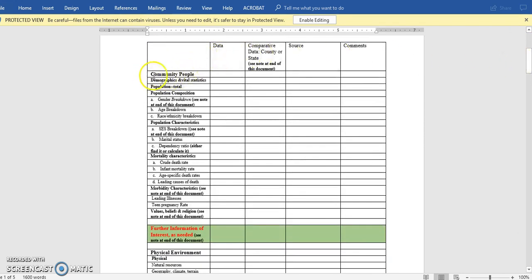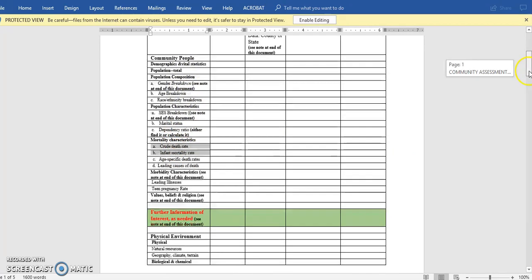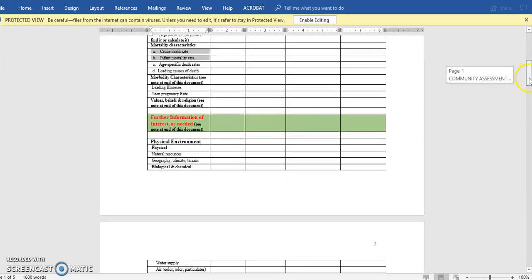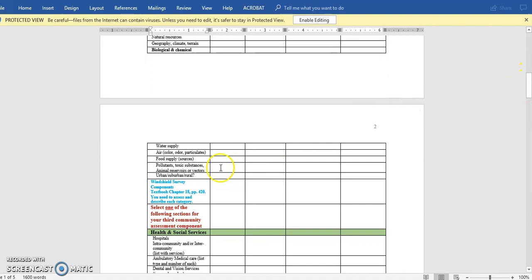And it tells you for each of the categories, you must do the community people. So here's a list, box by box, cell by cell, what data you must collect that covers the community people. Okay? You must do the physical environment. So it tells you box by box what data you need to collect for the physical environment. A key part of the physical environment is you do what's known as a windshield survey. Okay, that means actually driving around your community and taking a look at it and reporting on it. And we have a document that you'll use that tells you, again, specifically what do I need to be looking for and what do I need to report on as I do my windshield survey,